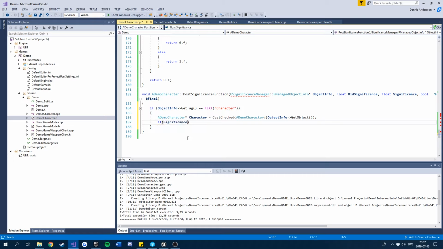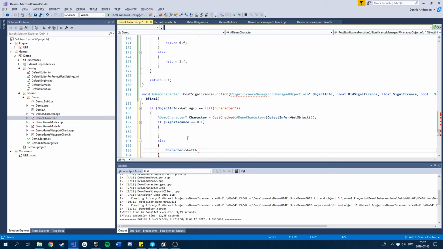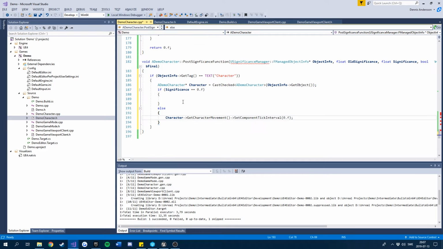And we'll get our significance, and if it's 0, otherwise we'll go character movement, set component tick interval to 0, which is every single frame if it does not have 0 significance. Otherwise, we'll set it to 0.5. Should be really noticeable. Right, so we'll build this, and